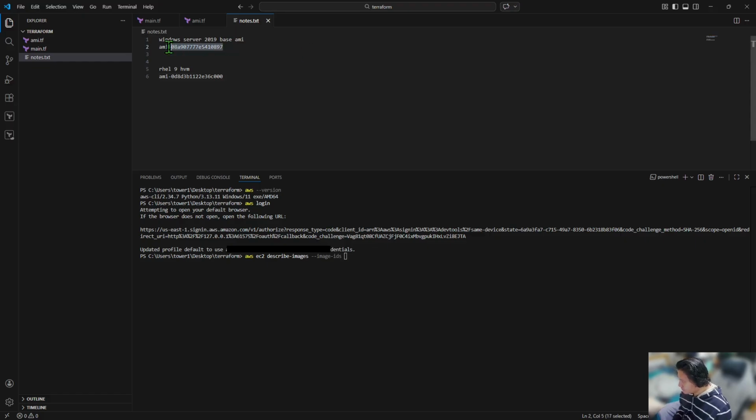And we're going to copy this, paste that, and we're going to select the region just to make sure that it's available in that data center. Region East, select the region that you selected previously, and we're going to query